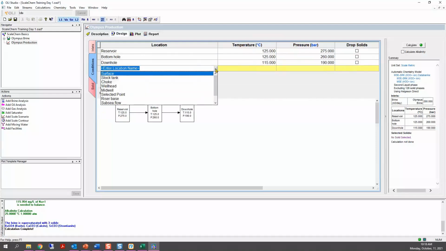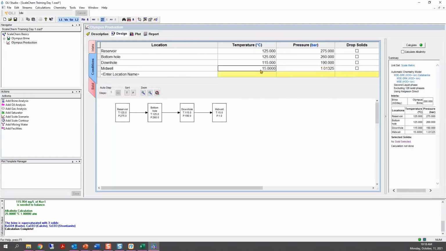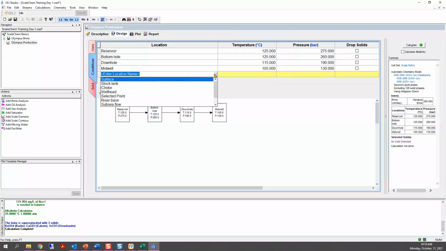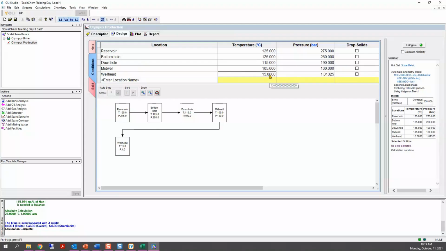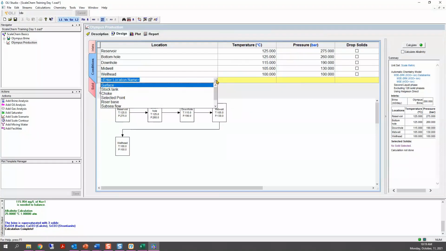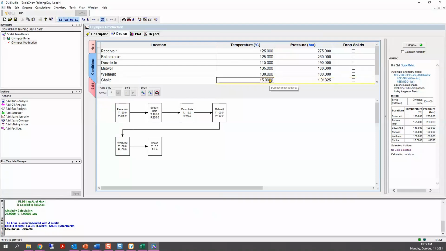Our fourth one is midwell. So notice that at the bottom, you start seeing like a flow process where from the reservoir to the midwell, there is mass transfer, and you're not losing any mass. The mass is being conserved. Okay. Midwell, I cannot talk and enter the information at the same time. 100 and 100, and we have 2 more locations. Choke. And that is 90 and 80.